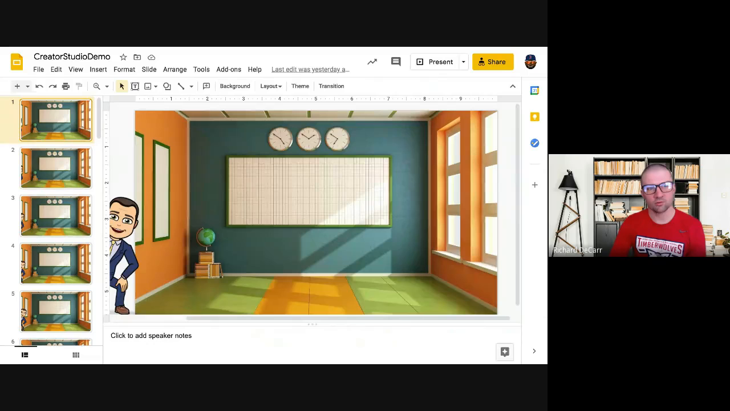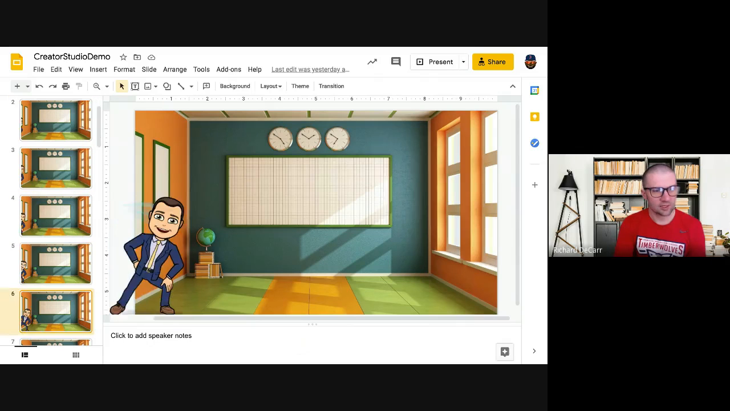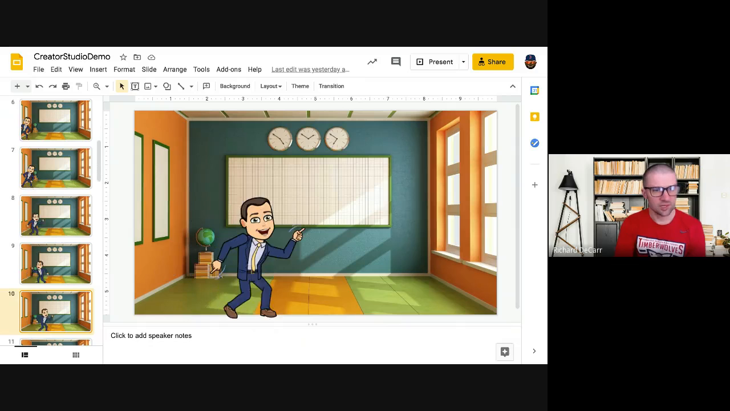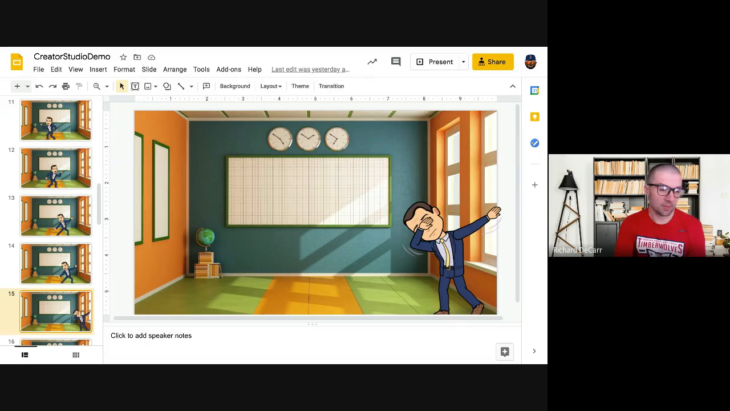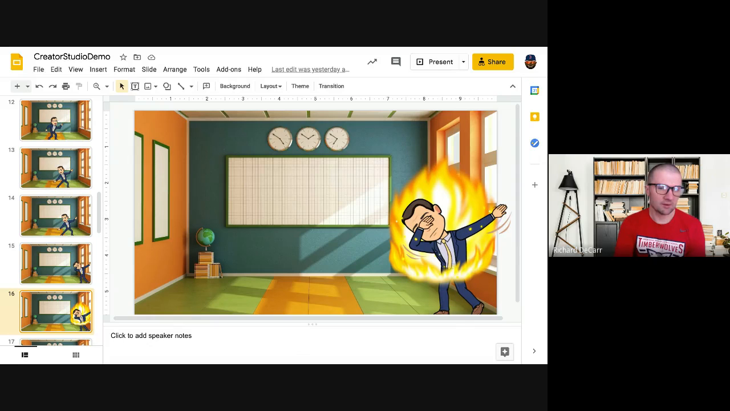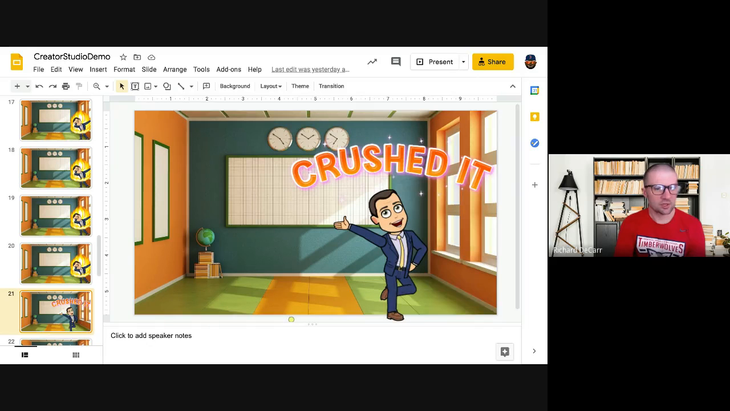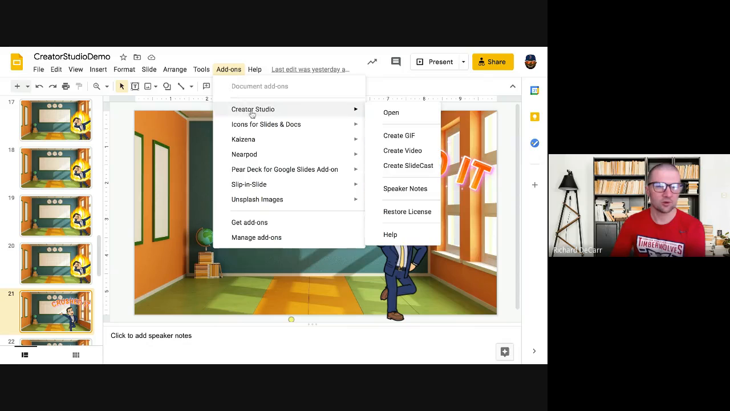This is a studio I created, the one you saw on the other page. Essentially you have a background and you move that image just a smidge as you duplicate each slide. You can see I'm flipping that image back and forth and moving it over just a little bit. The guy looks like me, like I'm dancing here. Then in the end, there's the dab fire, and then crushed it, of course. After you're done, you go to Creator Studio, click on Create GIF or Create Video,